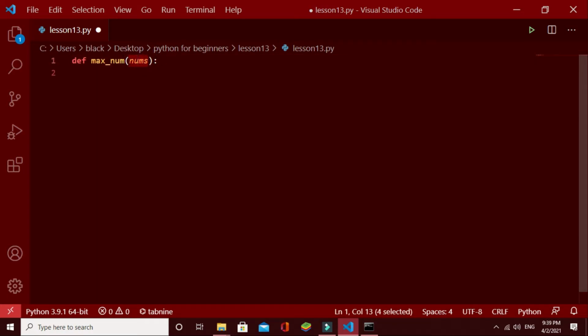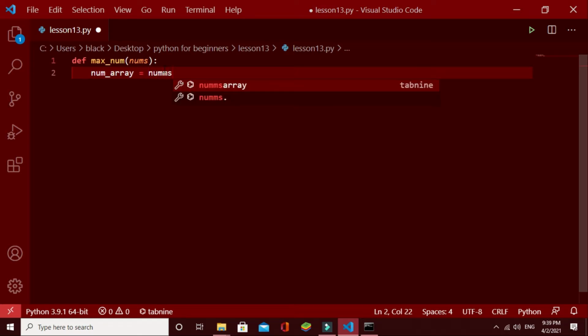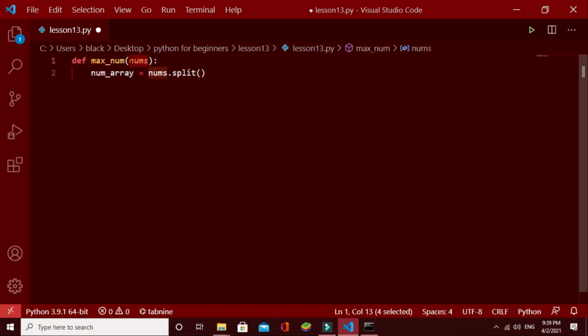In my case, this nums will be a string which contains our numbers separated by spaces, and after that I'll make an array, num array, that will equal nums dot split. This split function will split these numbers into this array. By default it is splitting by spaces.